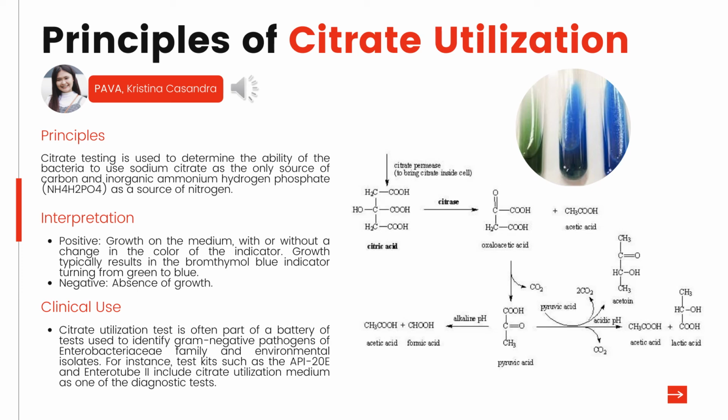Citrate negative is when trace or no growth will be visible. So no color change will occur and the medium will remain the deep forest green color of the uninoculated agar, or the E. coli in our test. So only bacteria that can utilize citrate as the sole carbon and energy source will be able to grow on the Simmons citrate medium. Thus, a citrate negative test culture will be virtually indistinguishable from an uninoculated slant.